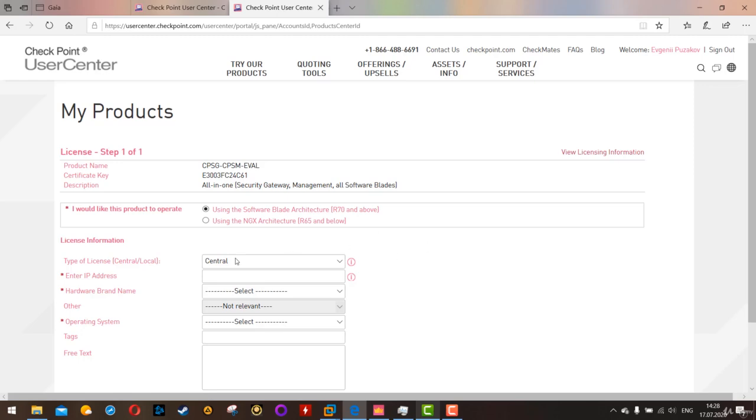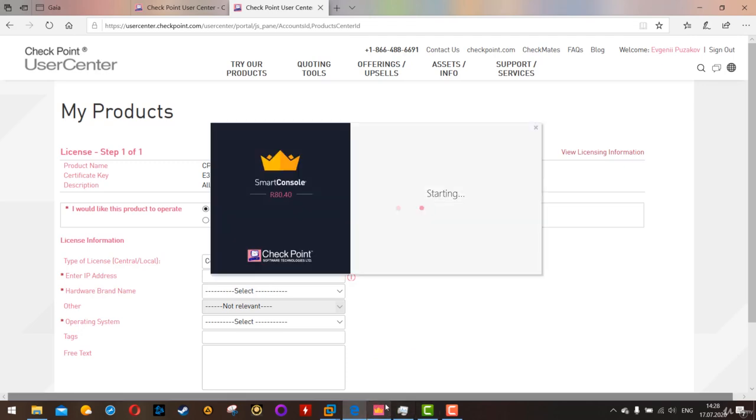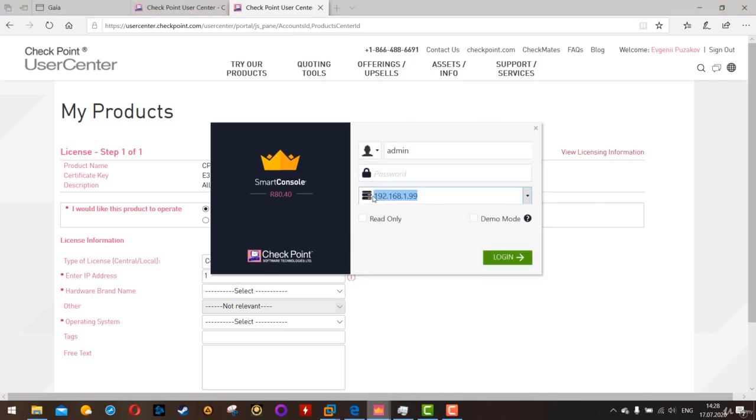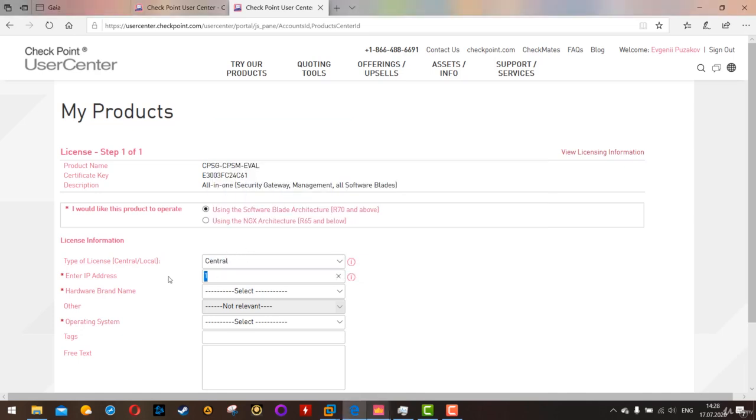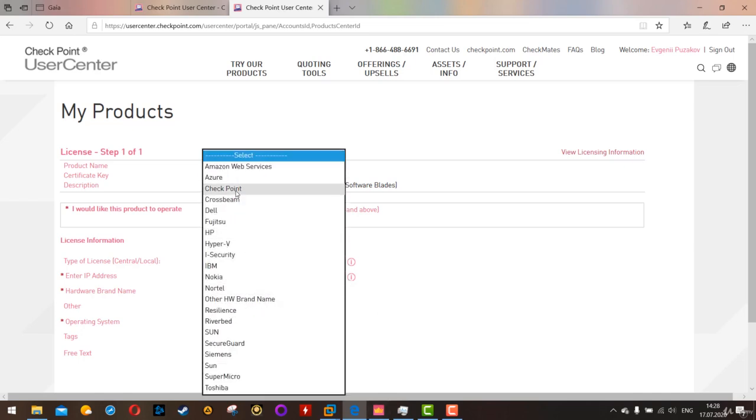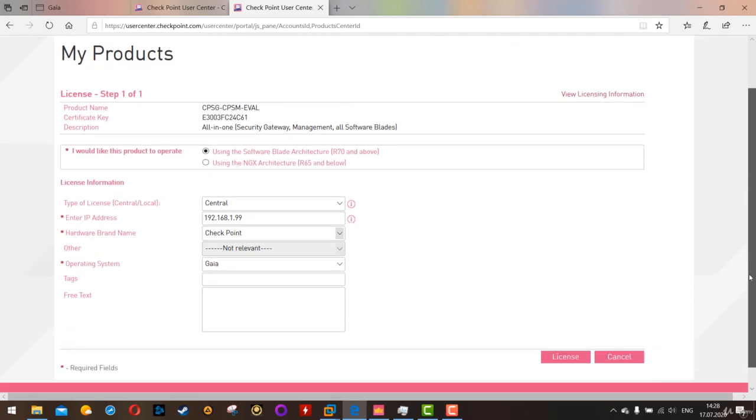Alright, and we have to place the address that is the main address of our management server. Oh, we have lost a connection. We're gonna reconnect. But anyway, we use the address which is 192. The address we used all the time during this course, we can actually copy it from here. This is the address we're gonna be using, because that address will be associated with the main IP address in a database of Checkpoint. So then we have to click Checkpoint. The operating system is Gaia, and then we're gonna